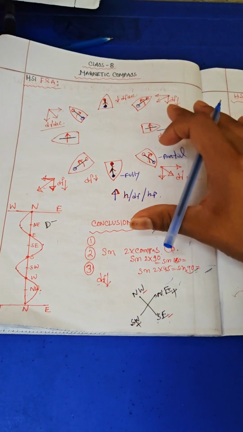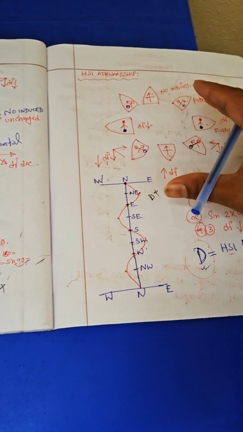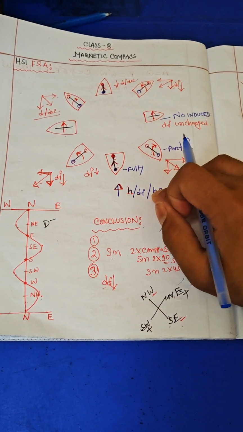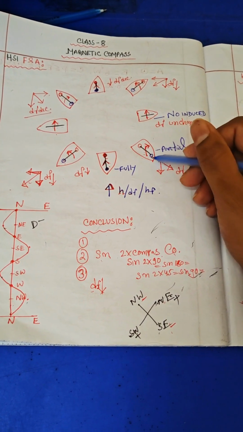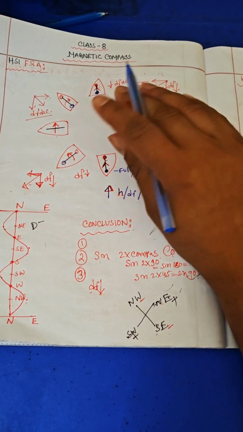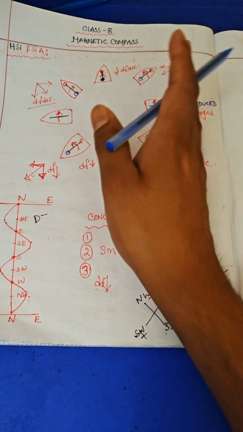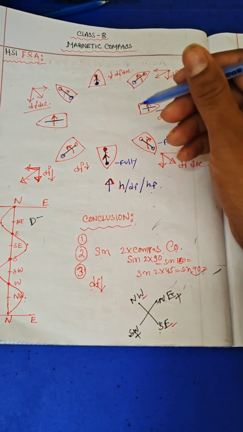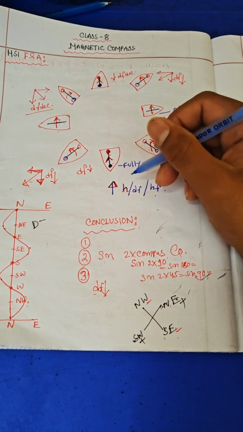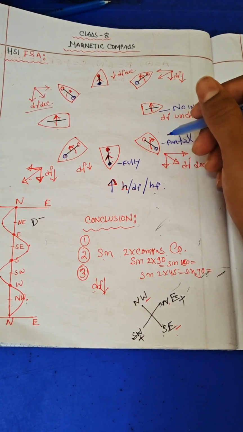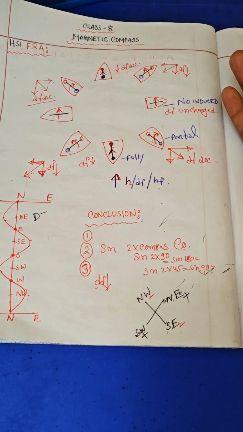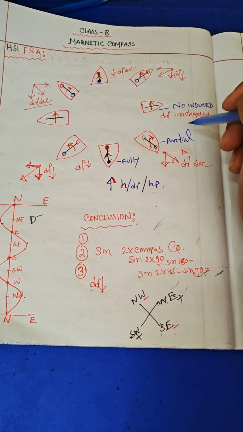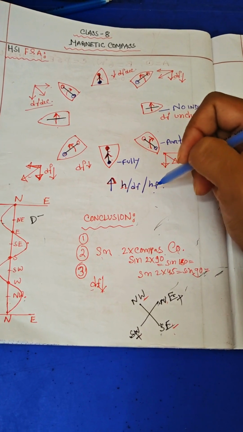Okay, guys, I already discussed this HSI fore and aft and HSI athwartship. You know that here the directive force is the DF force. This polarity is created by the directive force, and this polarity is not permanent polarity, it is created only when the heading changes. Since this directive force and the deviating force are the same due to the H force, just check here. Here this HSI fore and aft or HSI athwartship both are induced by H force, DF or HF,